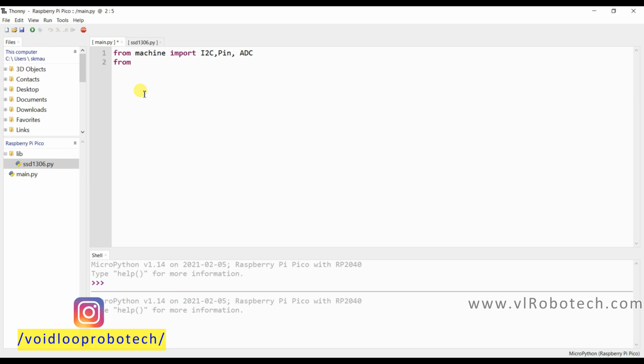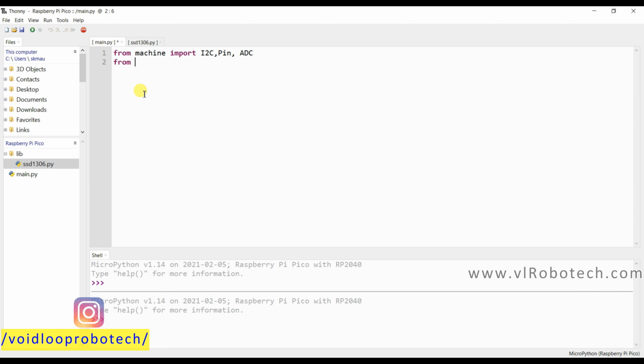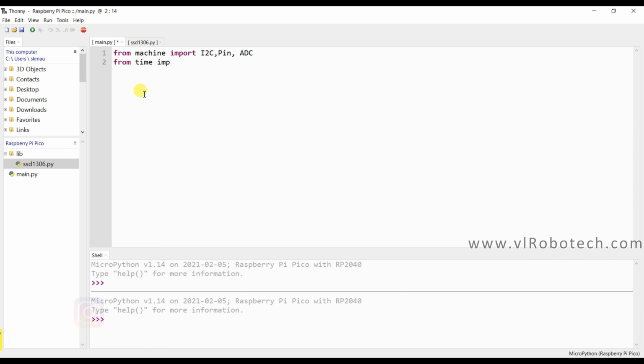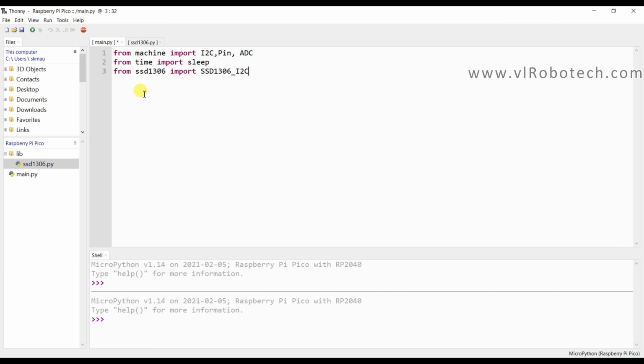Now I will import the sleep class from the time library. Now I will import the SSD1306_I2C class from the ssd1306 library. So from ssd1306 import SSD1306_I2C.